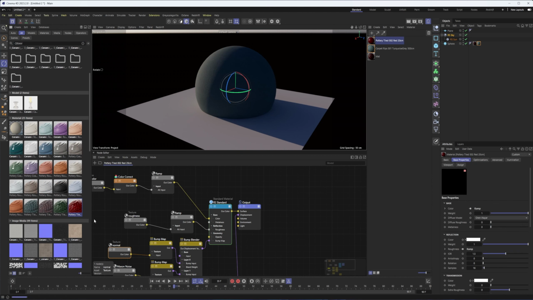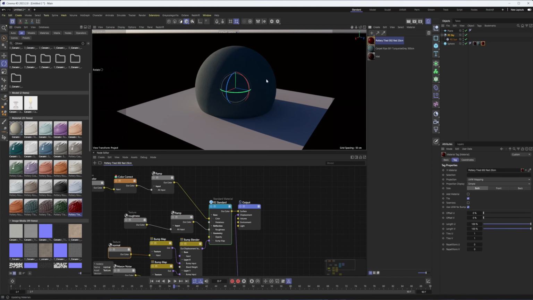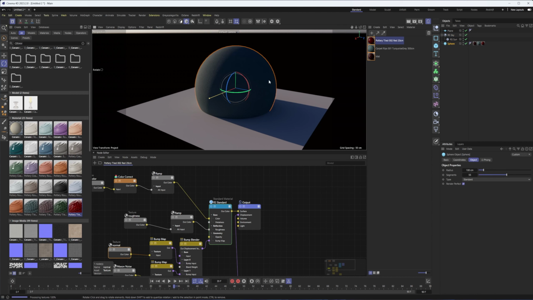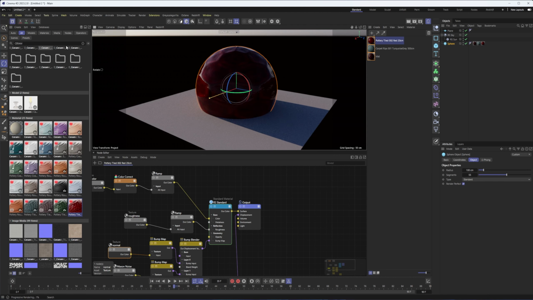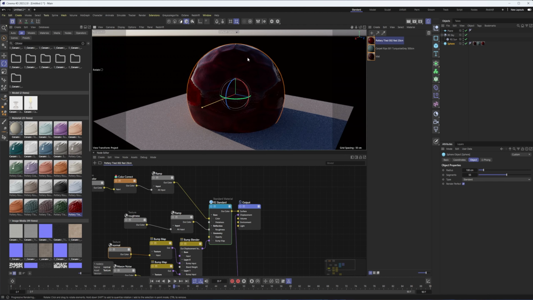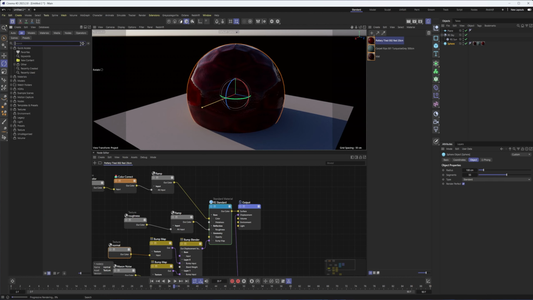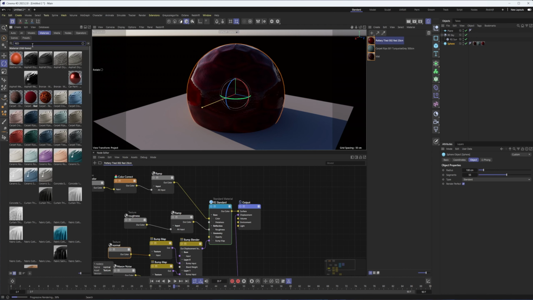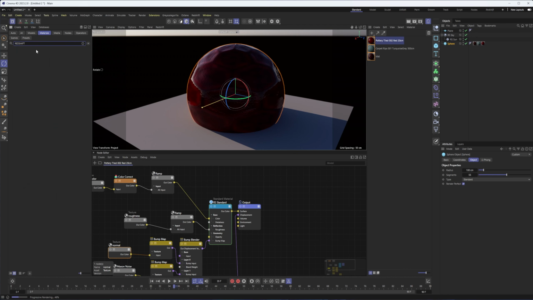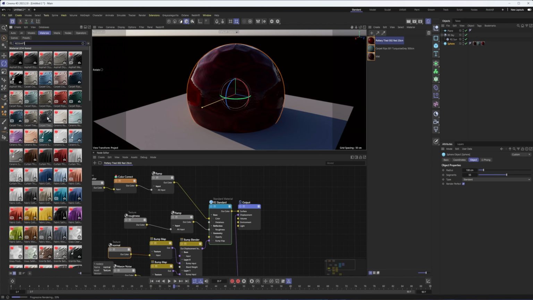Okay, Redshift icons disappeared for a second. Made me get a little bit worried. But all right, that's nice. I'm always happy to see more Redshift materials. And I do think it's nice that, I mean, that looks kind of cool, but it definitely needs to be smaller. You can now come in here and search by materials. You can search Redshift, and that way you're only looking at the Redshift materials.